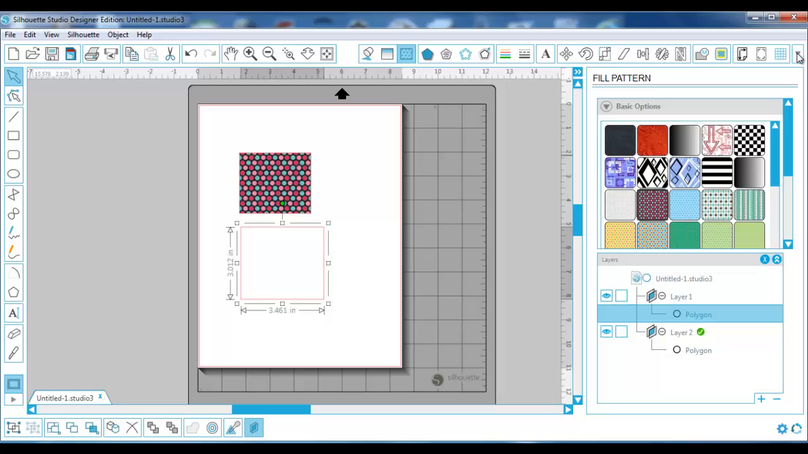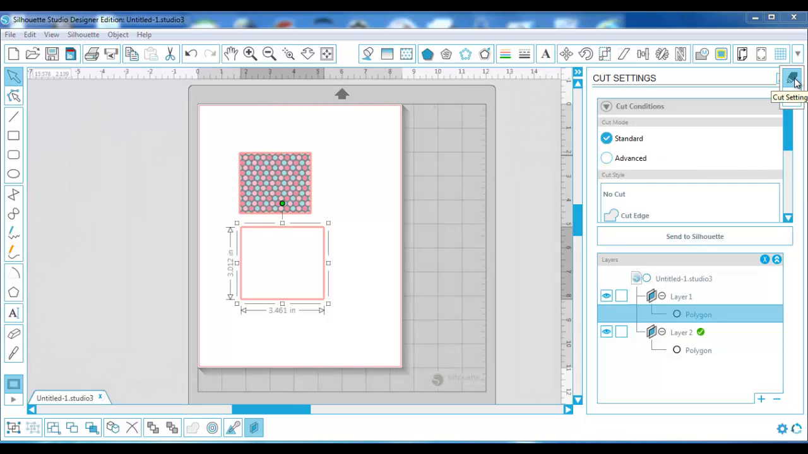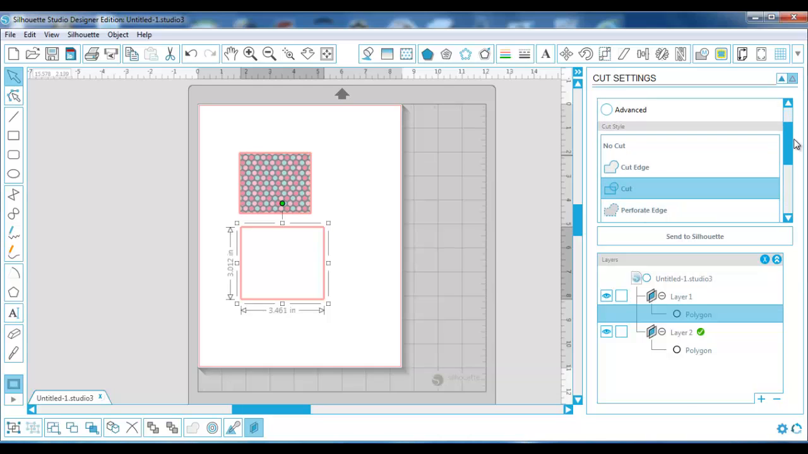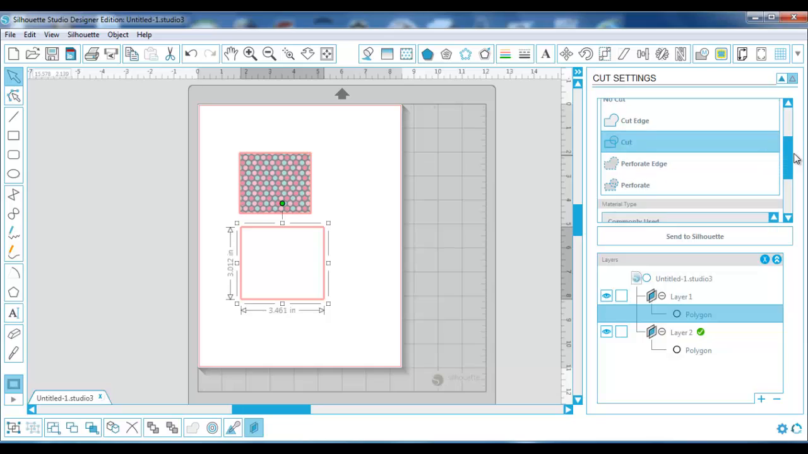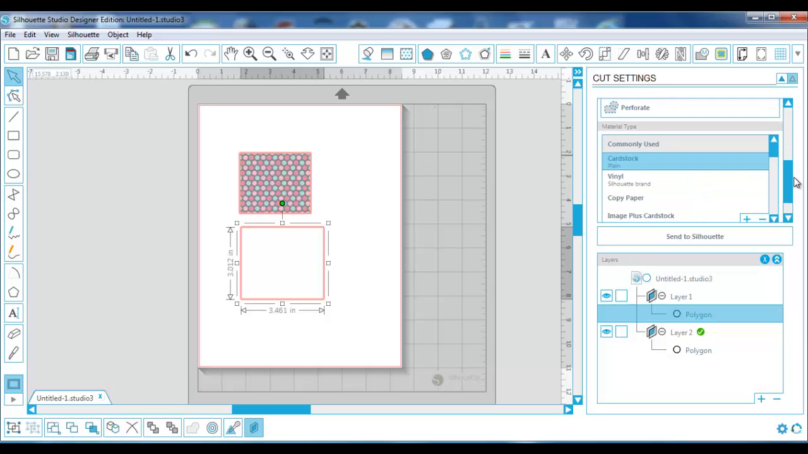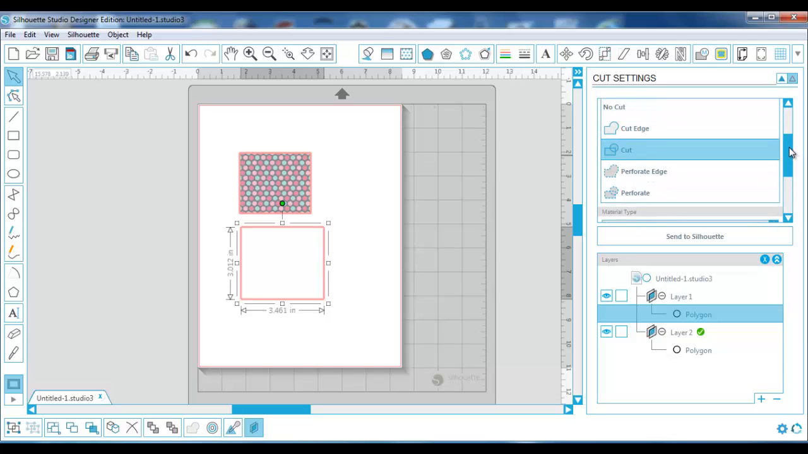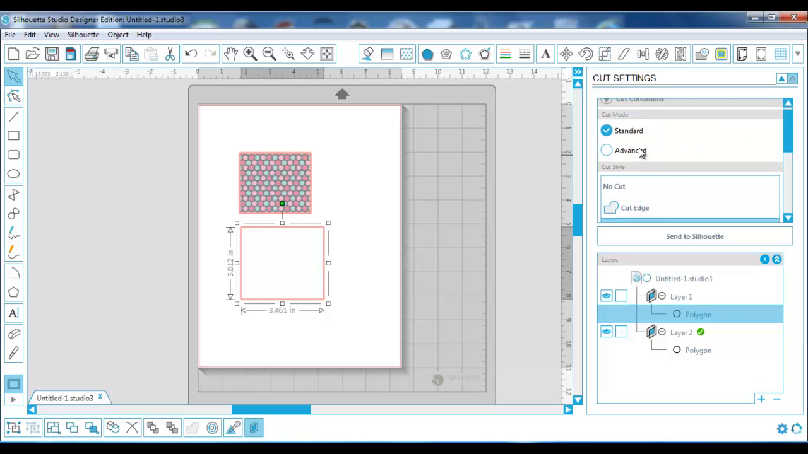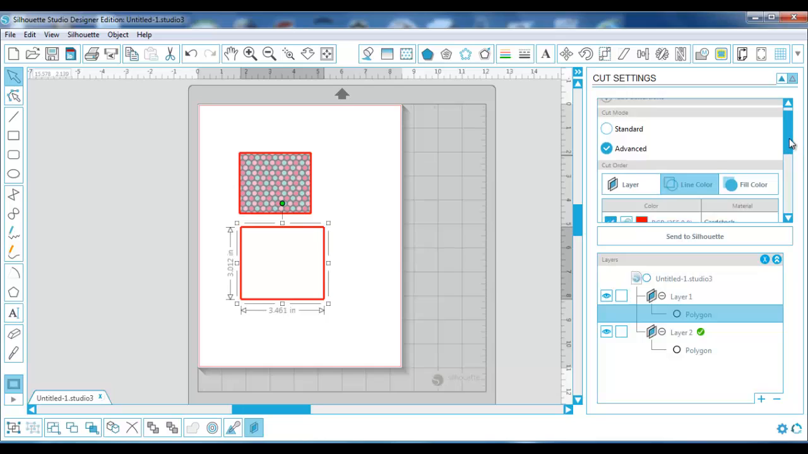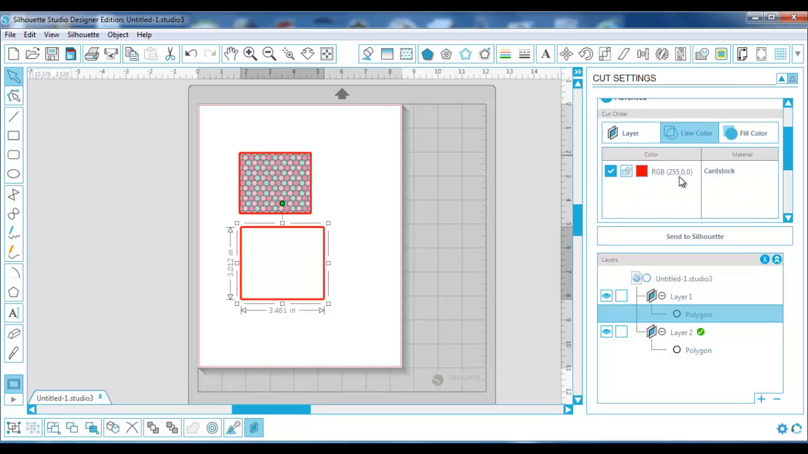If we go to our cut settings, you still have your standard cuts where you can cut edge, cut, perforated edge, and everything that we used to have in our old version. Now if I go to my advanced settings, you're now going to see line color is what I have selected, and I'm going to show you something really quick here. I'm going to draw another